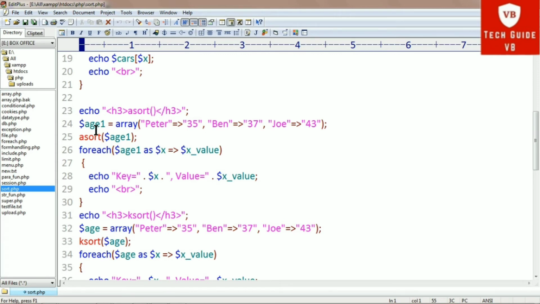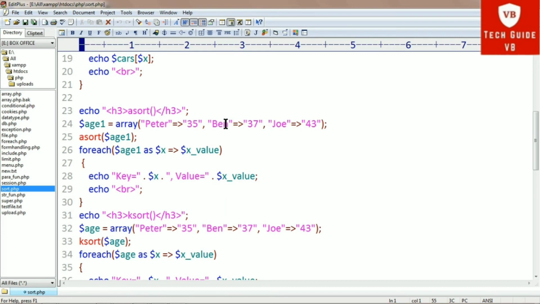Then the next function is asort. This asort function sorts the associative array in ascending order, and it will sort according to the value. Here age1 is the variable taken for storing the associative array. Here the name is Peter and 35 is the age of Peter.